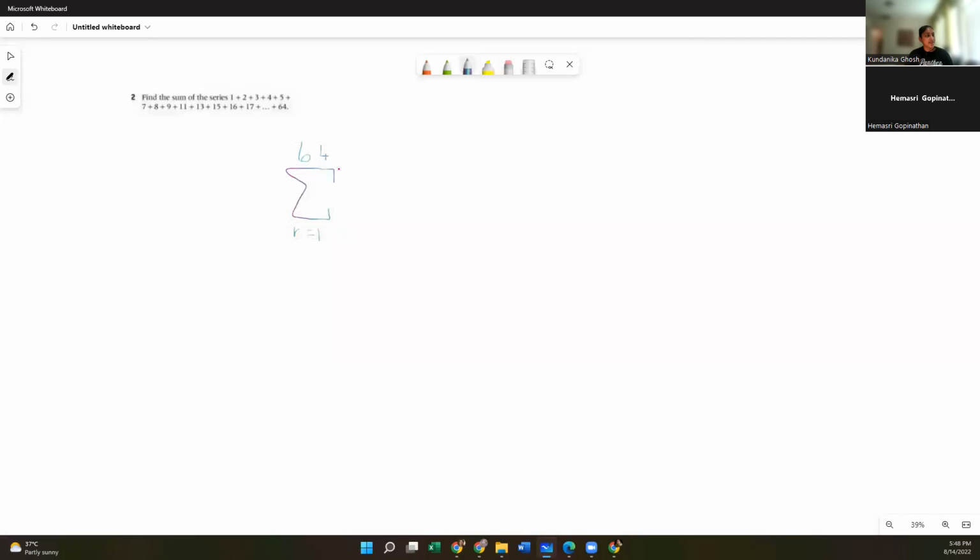The sum from r equals 1 to 64 of 1, which is your first term, plus, because remember, you can look at this and immediately tell that it's an arithmetic series. Why? Because there's a common difference between each number. So the sum of the series is just going to be 1, which is u sub 1, plus, does anyone remember the formula for the general term of an arithmetic series?